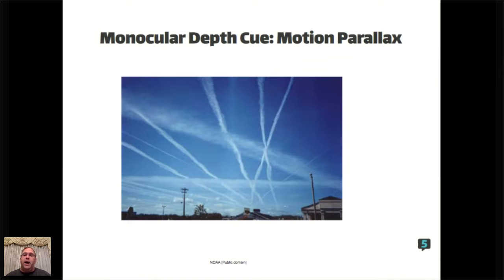And that's what motion parallax is. Things that are moving slowly are perceived to be farther away, whereas things that are moving more quickly are seen as moving more closely to us. They're faster. Okay, so